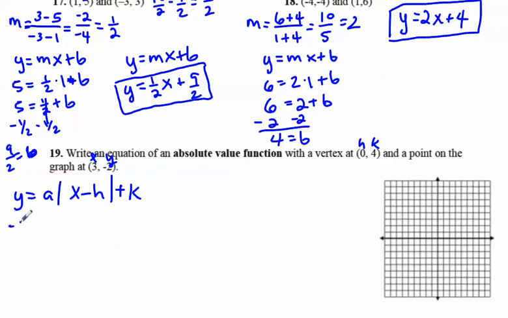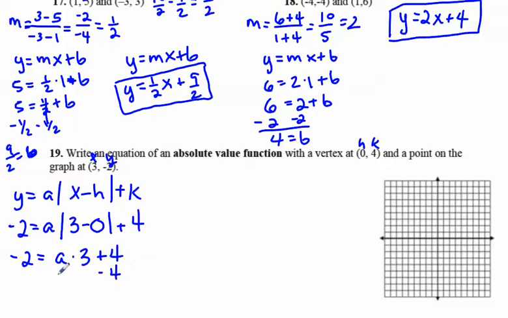So we said y is going to be negative 2. We don't know a. X is 3 minus the h, which is 0, and plus k, so plus 4. Okay, 3 minus 0 is 3, and absolute value of 3 is 3, so I have negative 2 equals a times 3 plus 4. To get a by itself, we'll subtract the 4. So I have negative 6 equals 3a. Divide by 3, and a equals